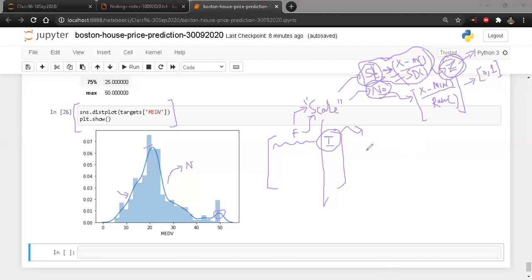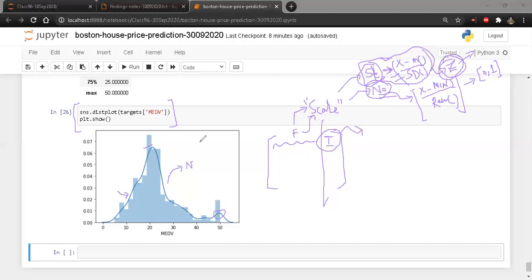So there is a lot of computational complexity over here. There are a lot of computational efforts which we have to put in. So, to avoid that, what we do is we do not scale the target variable. We usually avoid scaling the target variable. We do not do any transformations on the target variable, right? But in the features, we do the scaling. So that is what to remember.